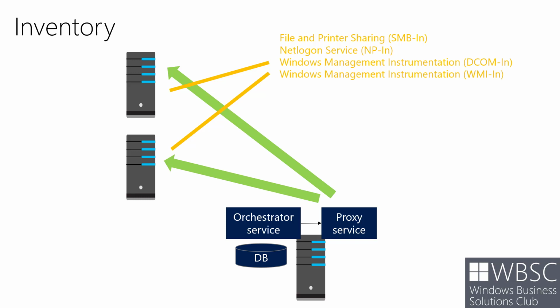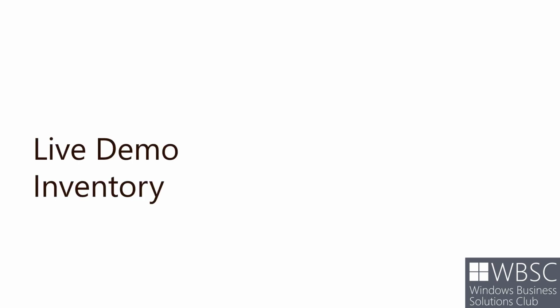I have installed Windows Server 2008 R2 and I didn't change anything on the server. So I installed 2008 R2 as a source server. This is my old one. I added this server to the domain, I created some file shares, and I used this server for several months as a file server. And now I want to migrate this server to the latest version of Windows Server, so I want to migrate to Windows Server 2019. The first step is the inventory. Let's have a look at this in a short live demo.